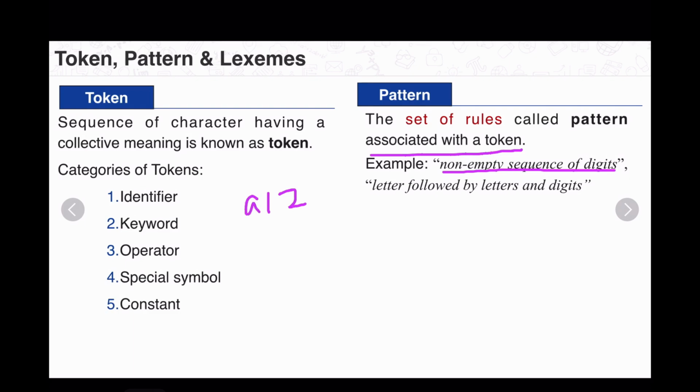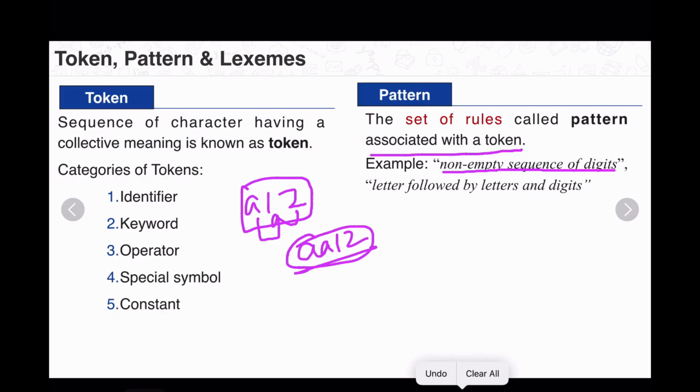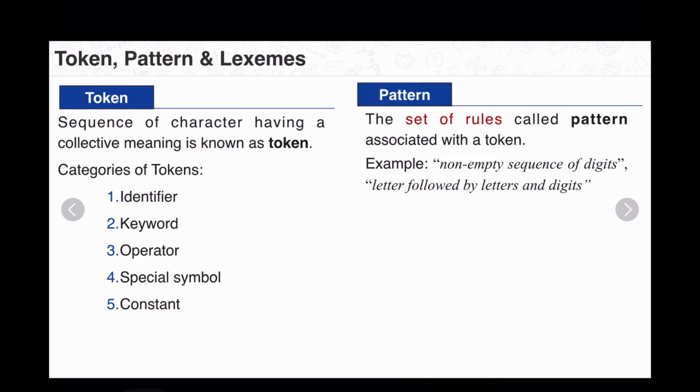So A1 and 2, a letter followed by digits, or a letter followed by 1 and 2, is also called an identifier. Once you understand letter followed by letters and digits,